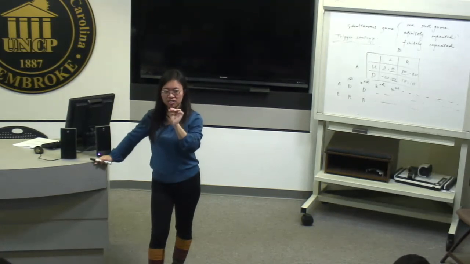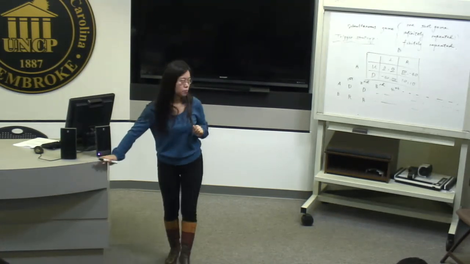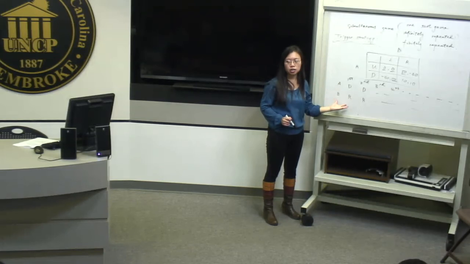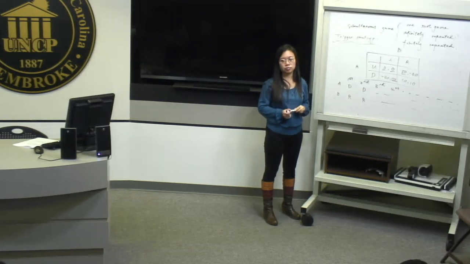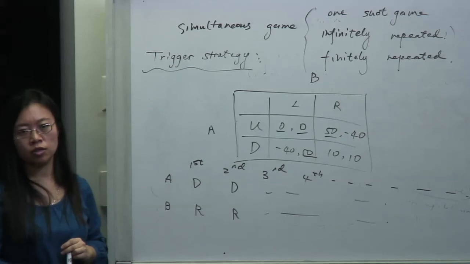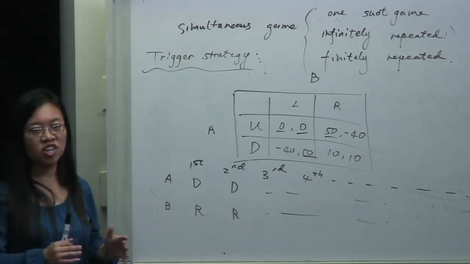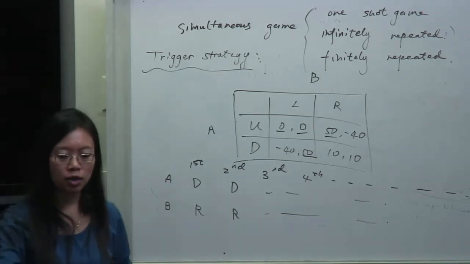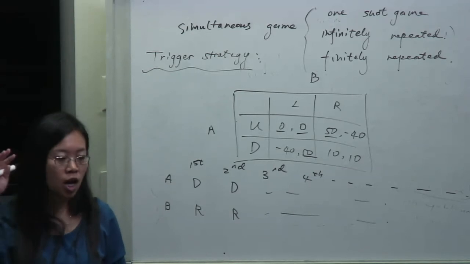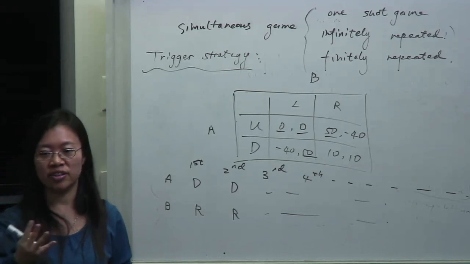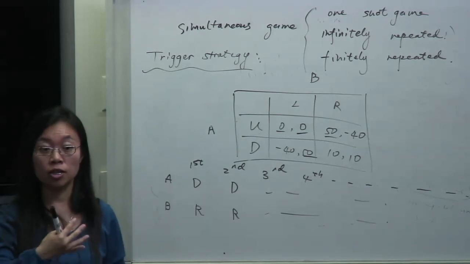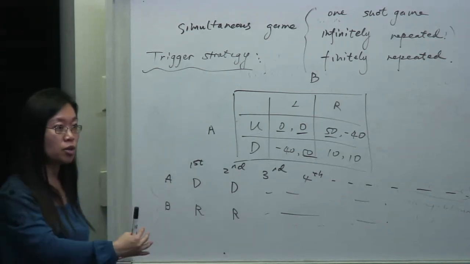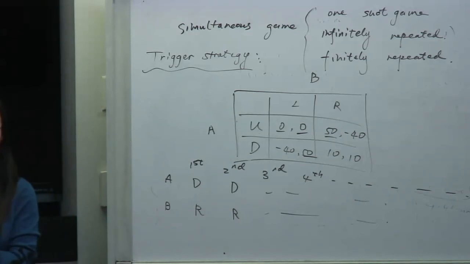Okay, so that's the kind of setting we are looking at. Let's see whether this trigger strategy can support this as a Nash equilibrium. Everybody understand what I'm doing here? Basically, we apply some rules for the off-equilibrium path. If you deviate from the equilibrium, there will be punishment waiting for you. Because of that punishment, you don't want to deviate, and that's why you stay on the equilibrium path. So in order to encourage both guys to stay on the equilibrium path, we have to set some rules for the off-equilibrium behavior.